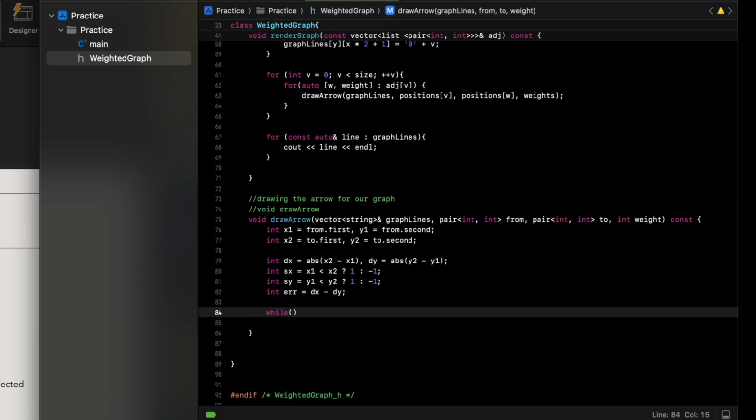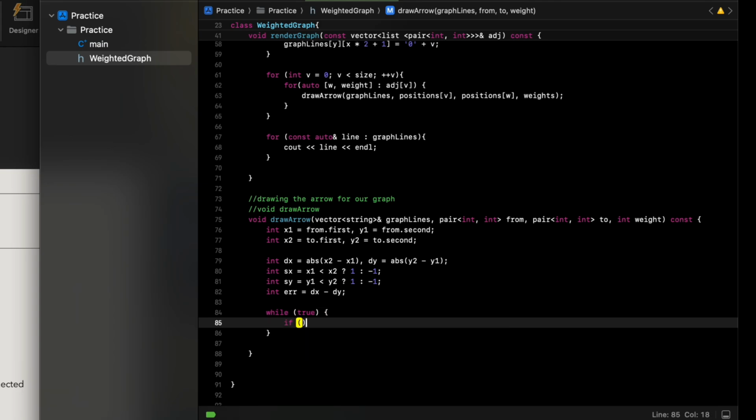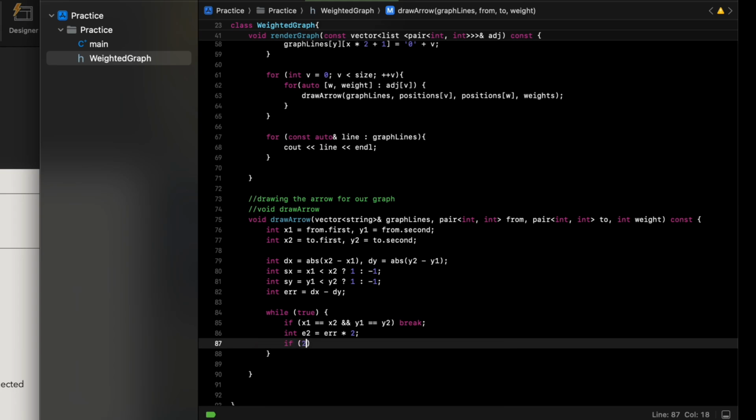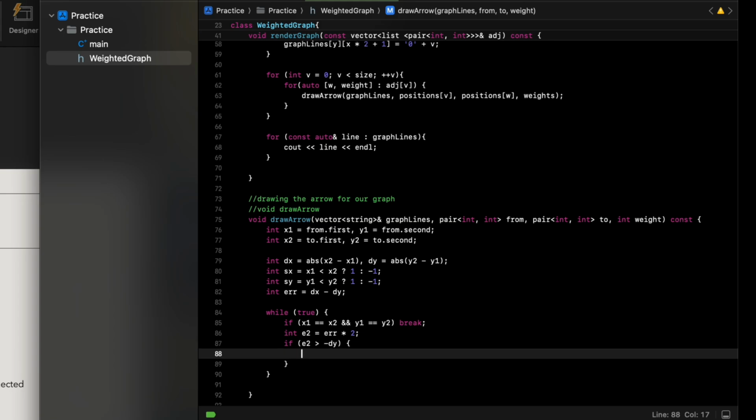And then while we are scanning through everything, indicating it's true, if x1 is equal to x2 and y1 is equal to y2 in the respective vertices and respective distances, we're going to break, and then we're going to have another distance calculated with e2. If e2 is greater than the negative of distance y, we're going to redeclare here error minus equal distance y,